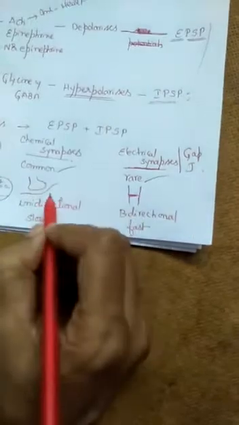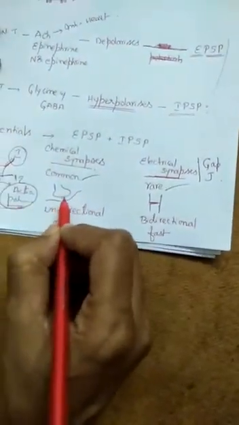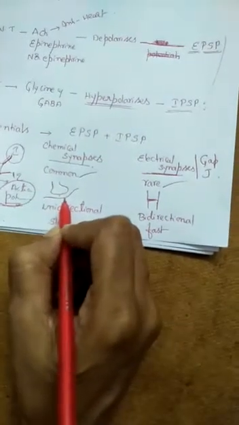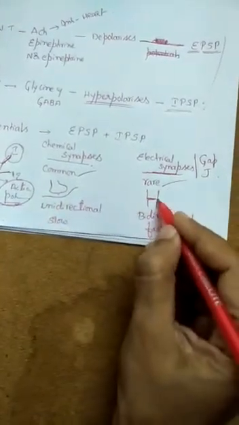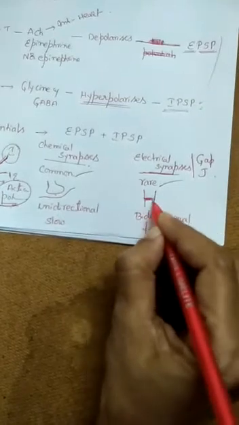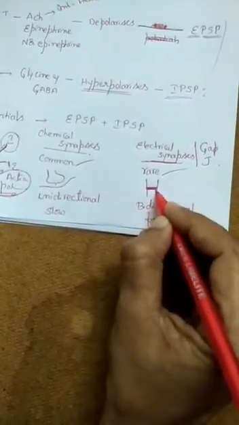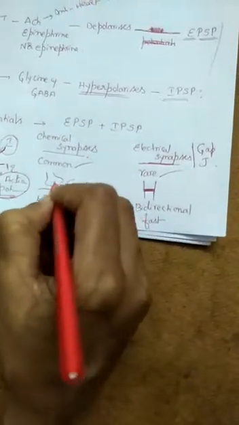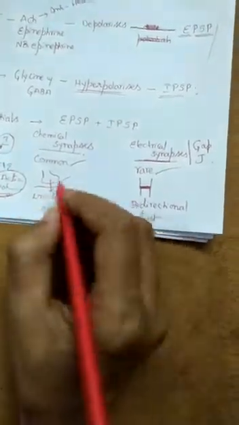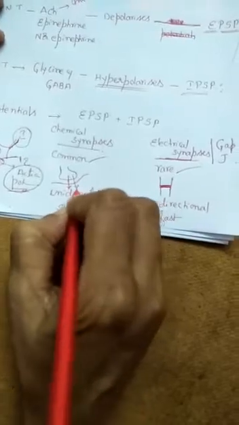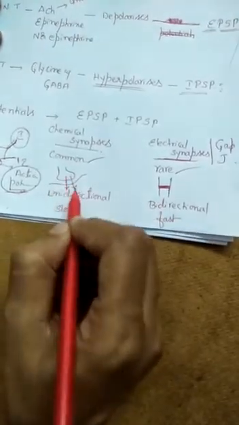And coming to the structure, we know already, in a chemical synapse there is a gap between presynaptic and postsynaptic membranes, whereas here there is no gap between pre and postsynaptic membranes. They are in close proximity with one another. And in this, conduction takes place always in a unidirectional manner, always from presynaptic neuron to the postsynaptic